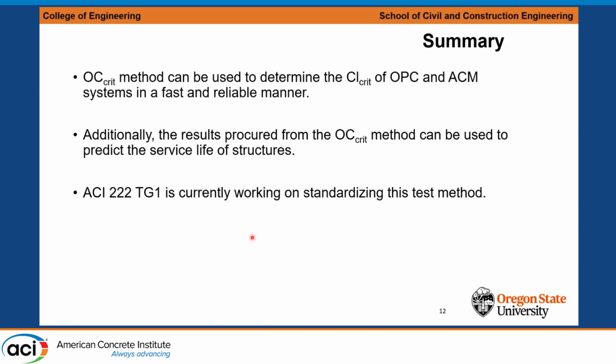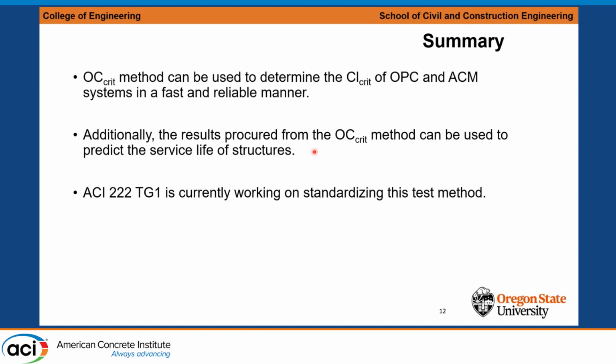And then moving on to a quick summary. So we have shown here that the OC crit method can be used to determine the CL crit values of OPC and ACM systems in a fast and reliable manner. And additionally, the results procured from the OC crit method can also be used to predict the service life of structures. So I briefly spoke about generating data to develop models that can be used to determine CL crit from